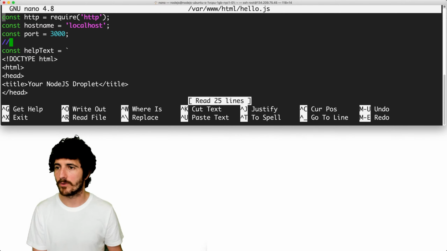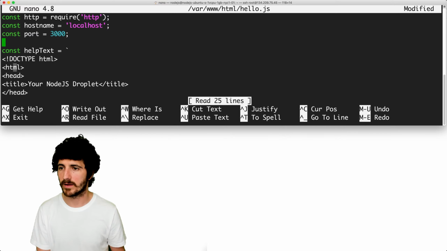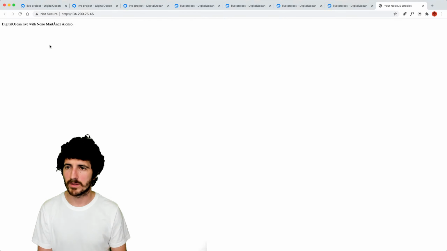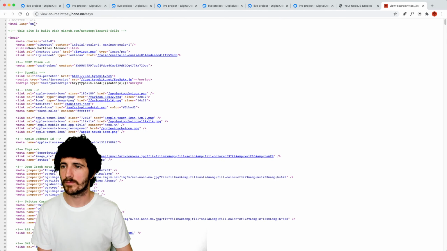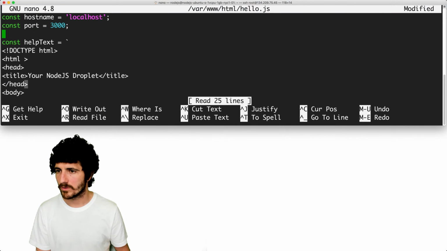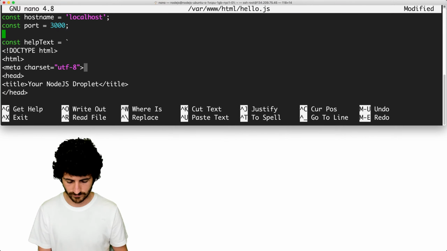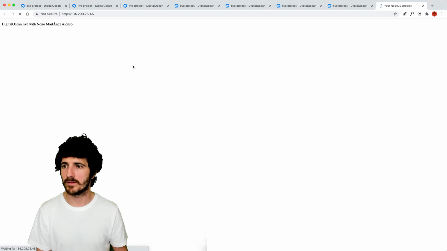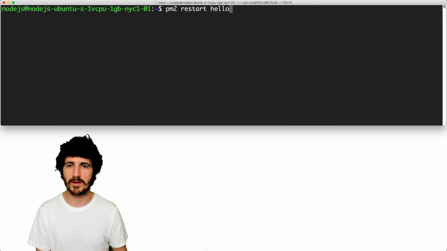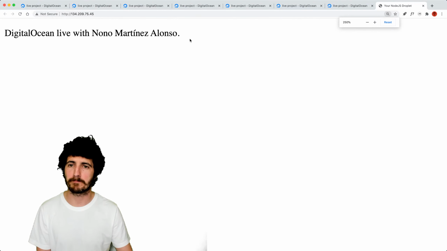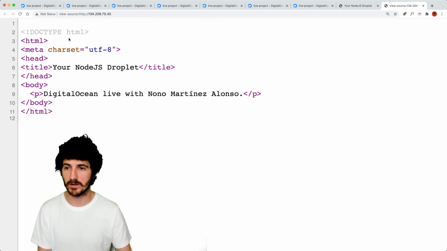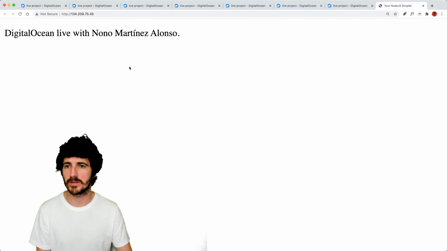So I'm going to delete this, and just put the charset to UTF-8. And again, we need to restart the application to make sure the updates take place. Now we can see this HTML code gets rendered here, and that's your Node.js application.